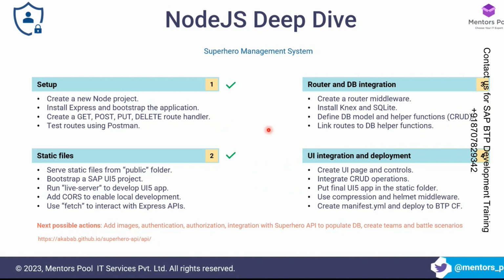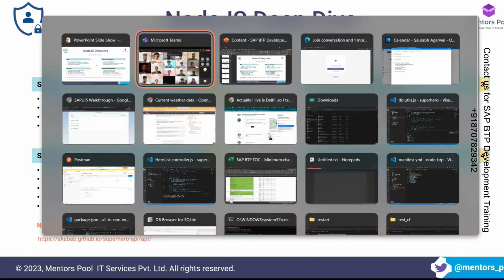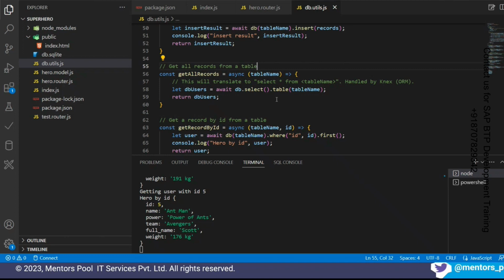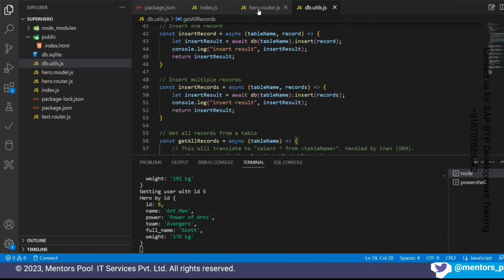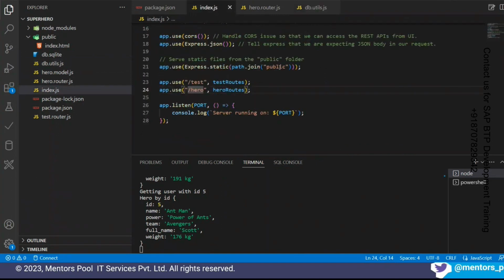Now, what we did earlier was... just a sec. Let me find out where that is. I hope everyone can see the Visual Studio Code, right? Yeah, Saurabh. Okay. Now what we did was we created a route handler called /hero and pointed to a different